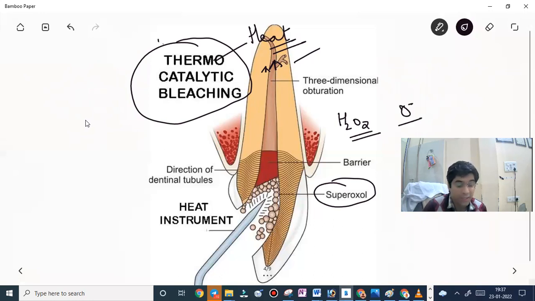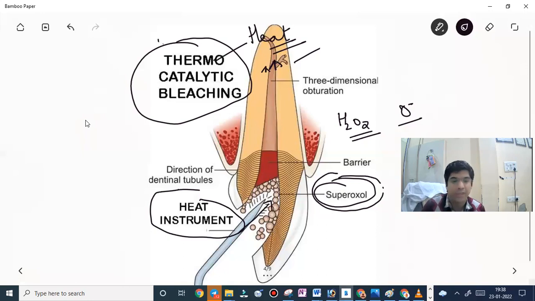Now the question that comes is, what is the solution that is used and what is the procedure? The solution is 35% hydrogen peroxide that is placed into the pulp chamber, and it can be accelerated by using a heat instrument in the pulp chamber. The heating devices that we can use are Touch and Heat, System B,